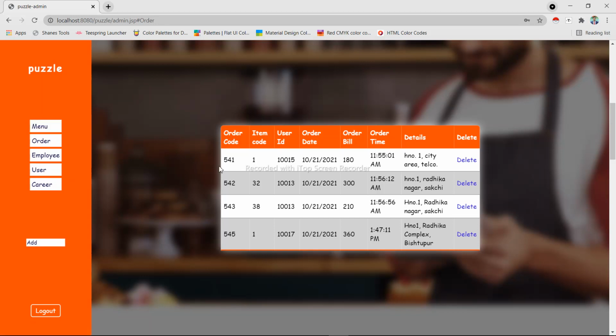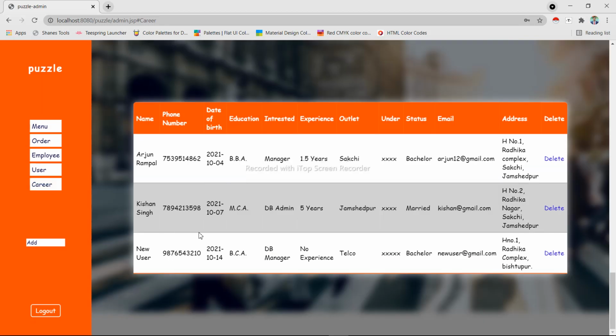We had also made the user fill a form, meaning we gave him an option to work as an employee, and you can see that in the career section the admin can also view that the new user had requested a job in that restaurant as a DB manager.